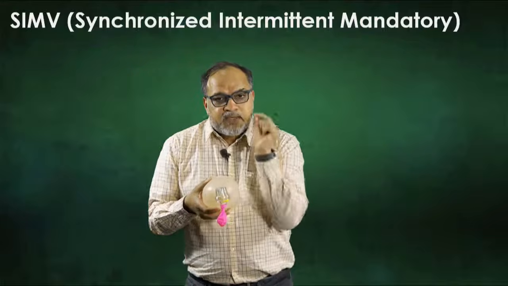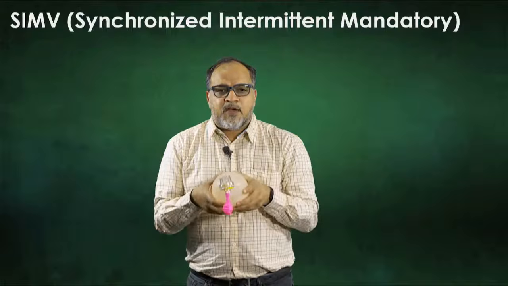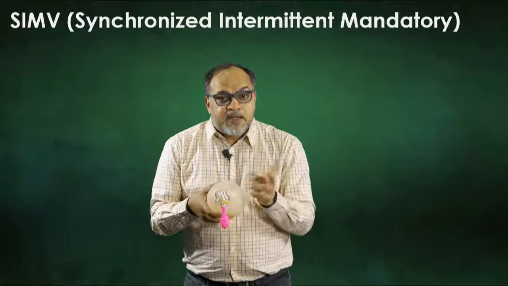But if the patient triggers in between, the ventilator will keep quiet. So the ventilator will keep giving the triggered breaths and the mandatory breaths, and by any chance, if the patient triggers at the time of the expected mandatory breath, then the ventilator will turn that triggered breath into a mandatory one. Didn't get it? I'll explain. 1, 2, 3, 4, 5, 5.5, patient triggered. So the ventilator will convert that triggered breath into a 500 ml tidal volume breath. Getting it?